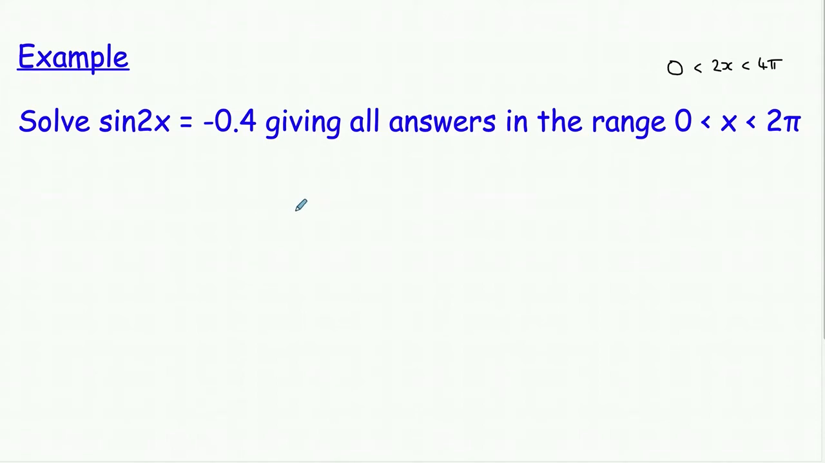It feels much more straightforward. The only thing with that is you've got to remember to do the halving right at the end. So let's get started. The first thing I'm going to do is find the inverse sine of minus 0.4,